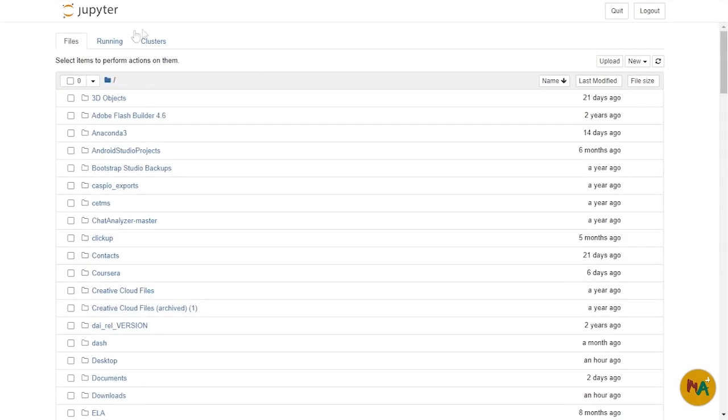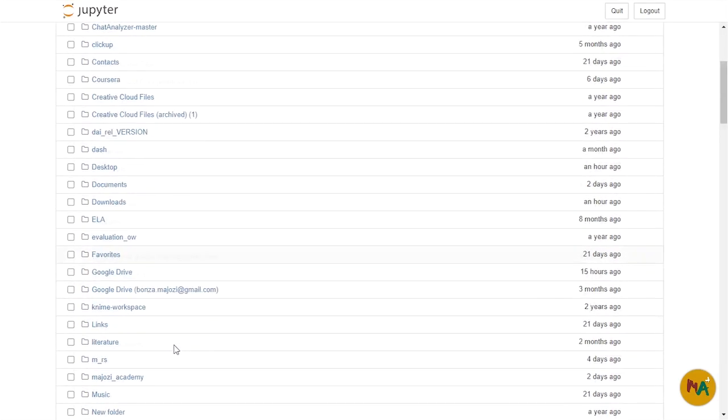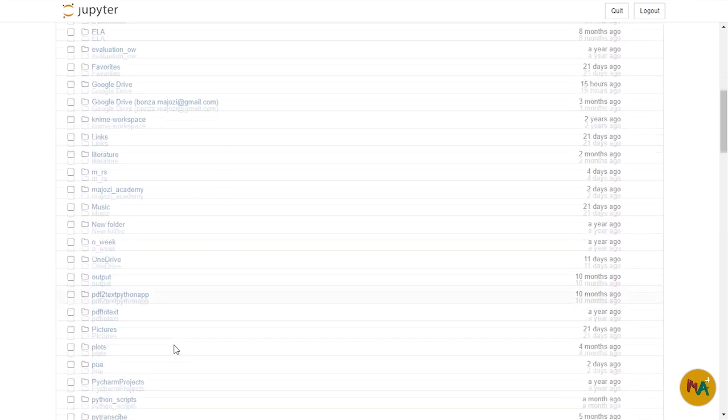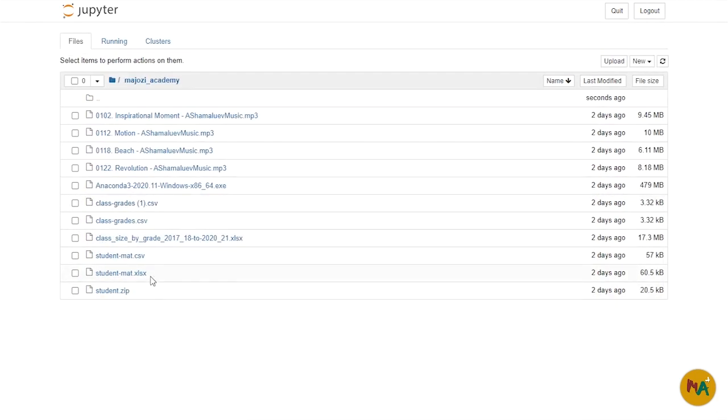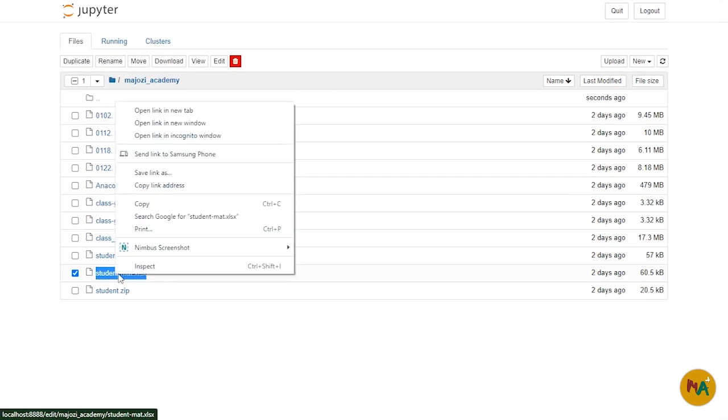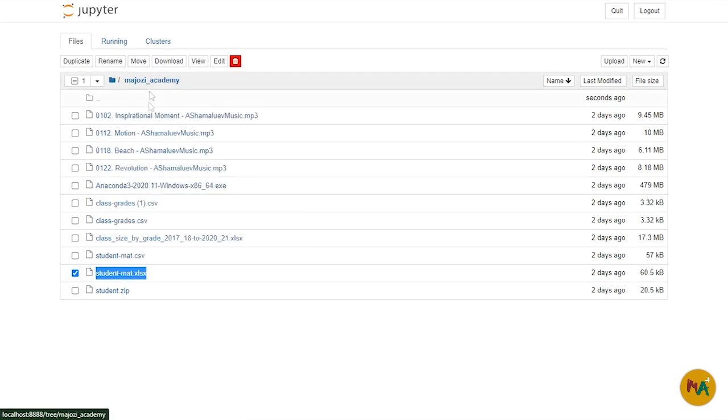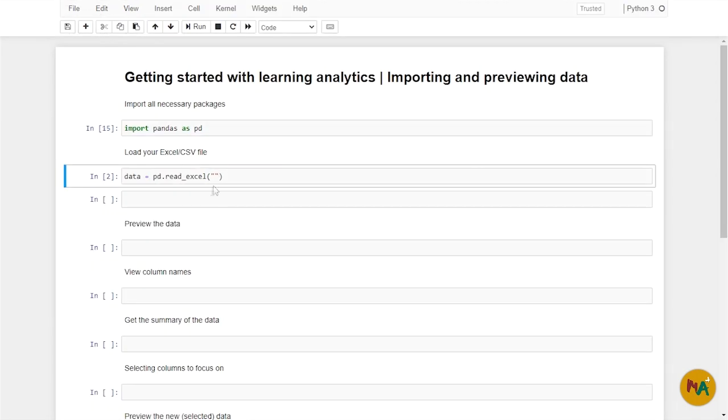So you can just go to open, and then this is on your C drive under your users. So I've got my folder here. So this is the file that I'm looking for. Just right click on it and copy address, and then come and paste here, and just remove everything in front of that folder name. So if it's not in a folder, so just reference the name itself.